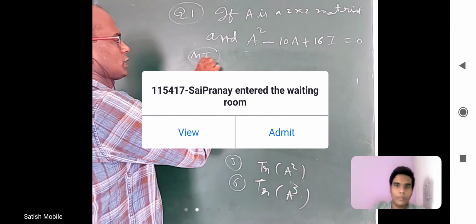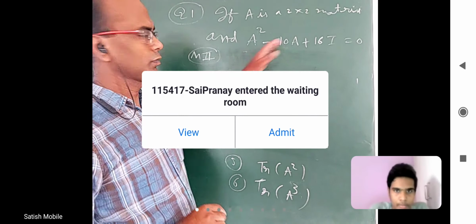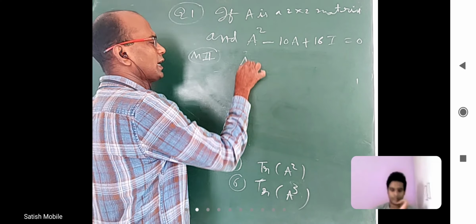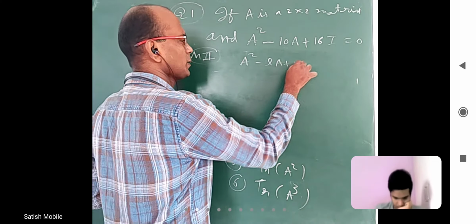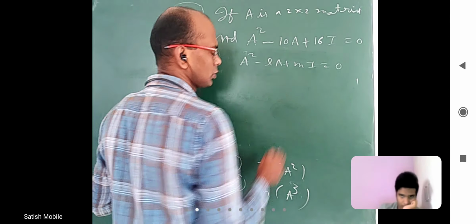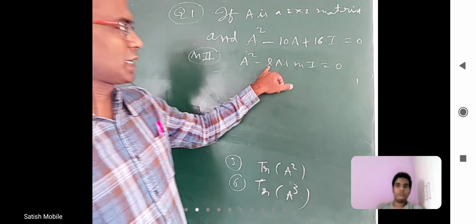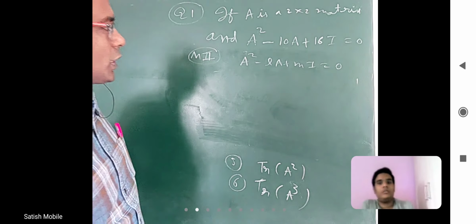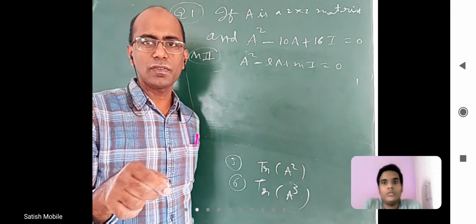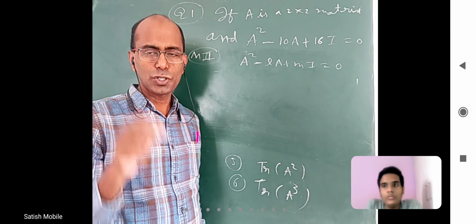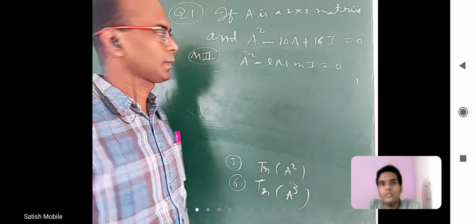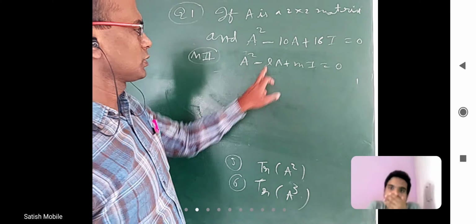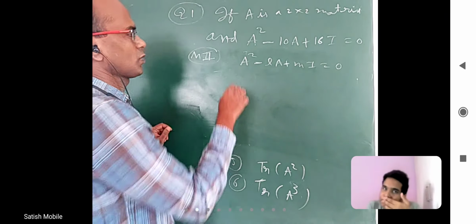Okay, method 2. Not just for this particular question, in general, I wanted to prove this. I know that A square minus LA plus MI is equal to 0. L is called the trace, M is called the det of A. We all know that, right? Now I want to find a quadratic equation which A square should satisfy. So I send only this LA to that side and square it. Let us see what will happen.